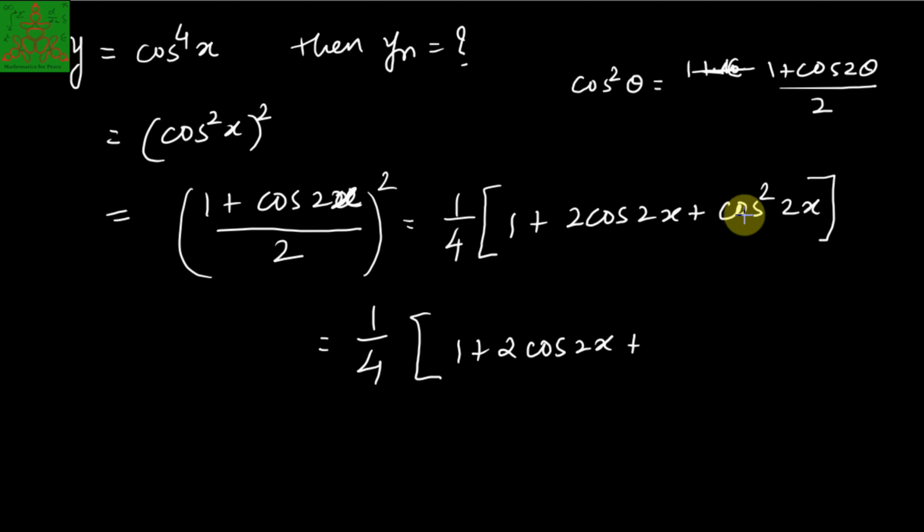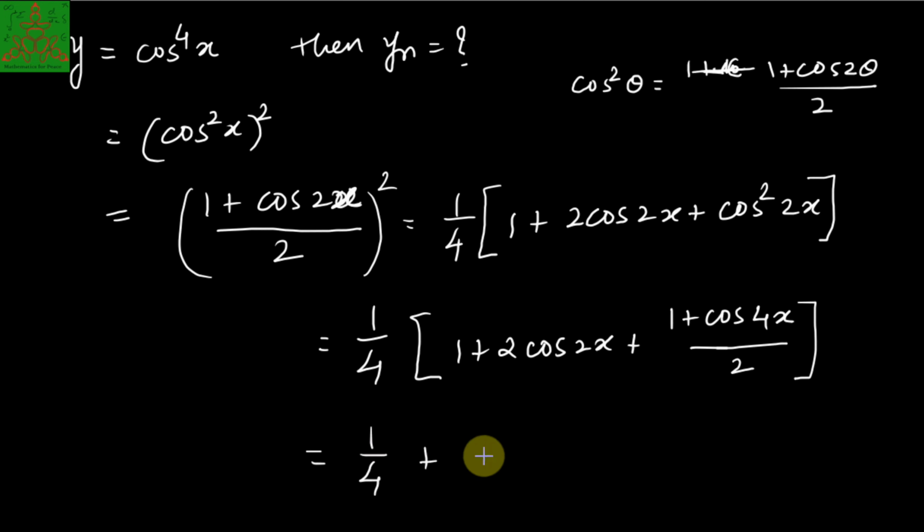Here we can say it is cos square. So again using the same thing we can say it is cos. Here instead of theta we have 2x, so it is 4 theta, so it is 4x upon 2. And if you further simplify this, we can have it is 1 by 4 plus 1 by 2 cos 2x plus 1 by 8 cos 4x